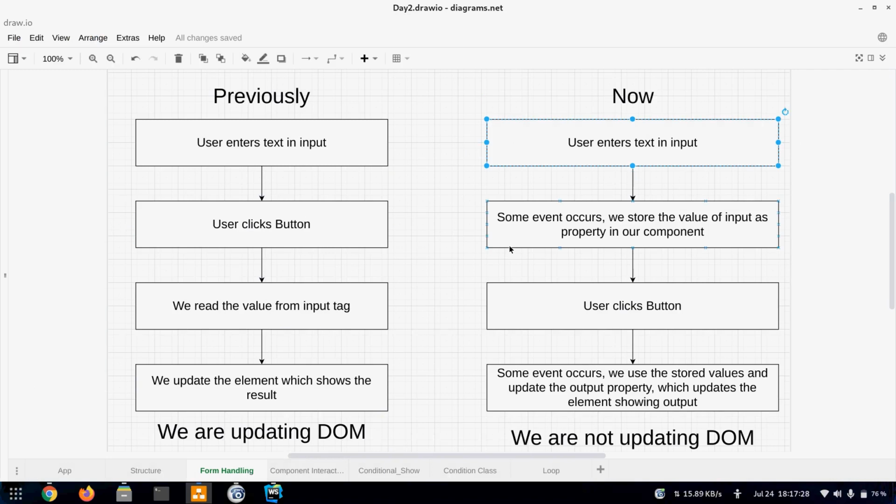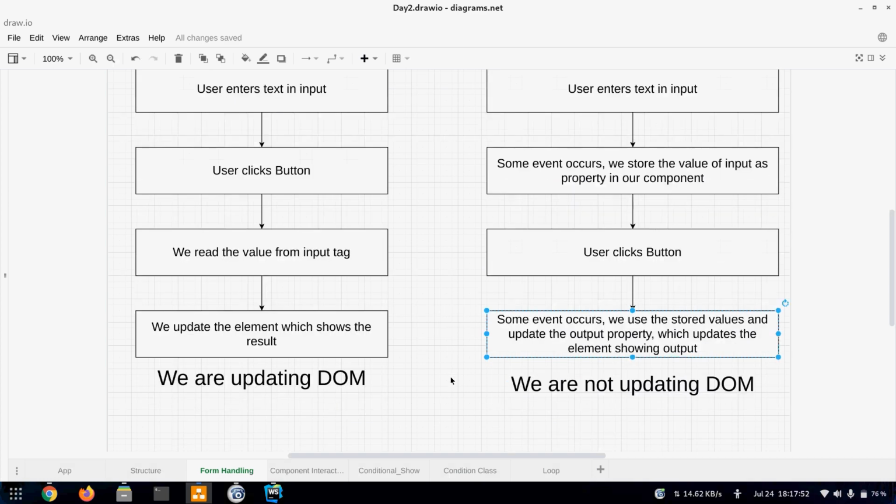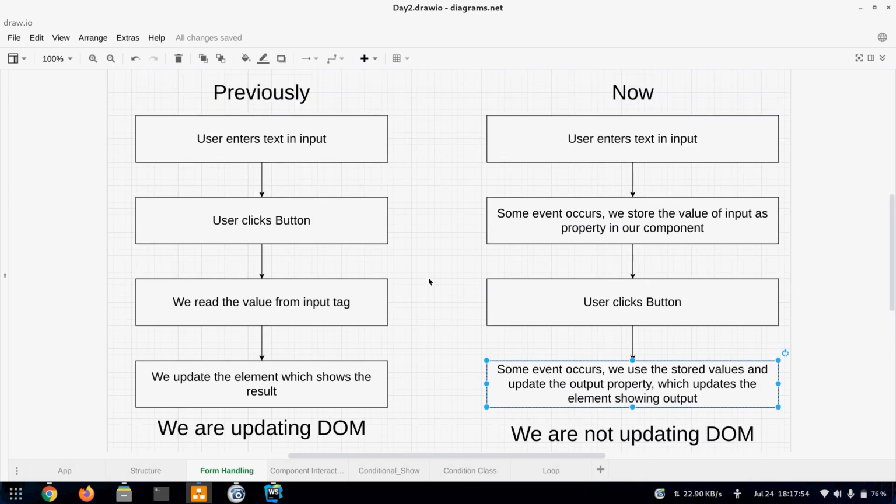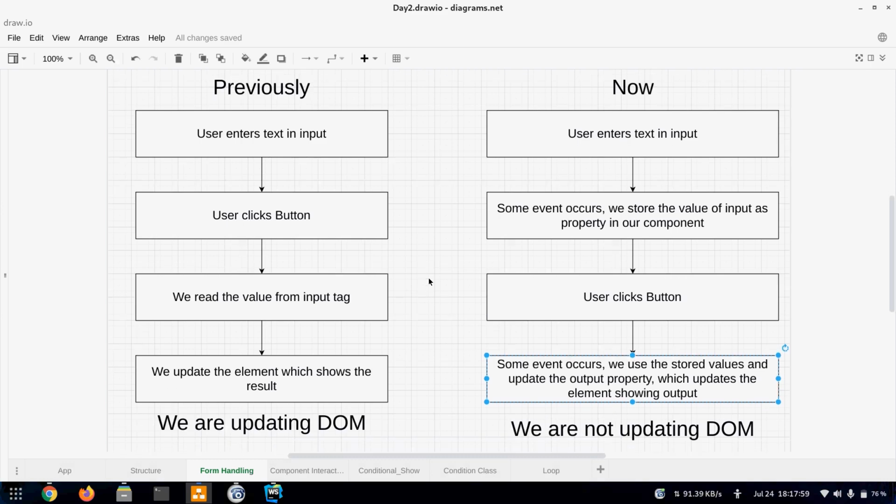Now whenever user enters the text, instantly whatever he typed will get stored in a property in our component, and whenever the user clicks on the button, at that time we'll use the values stored earlier and do something with that, and we are not updating the DOM because Angular automatically handles it. We don't need to select the elements from the DOM and change it. Okay, till now anyone has any doubt?